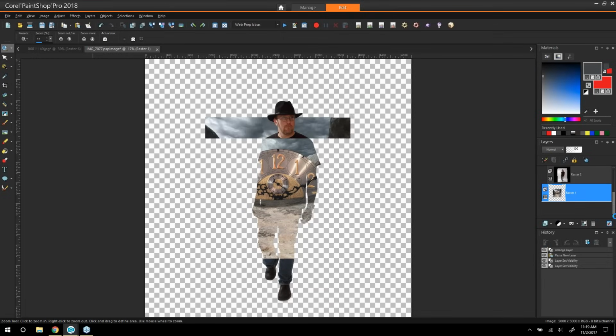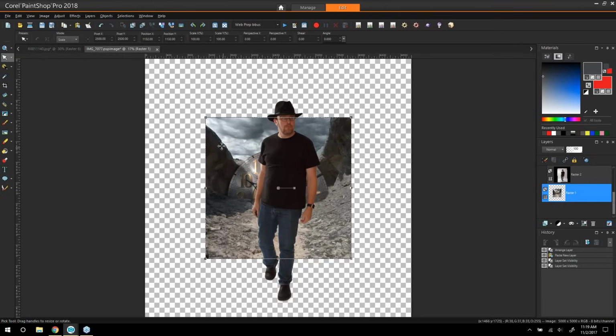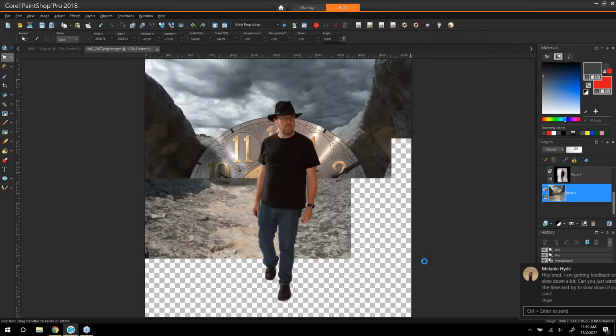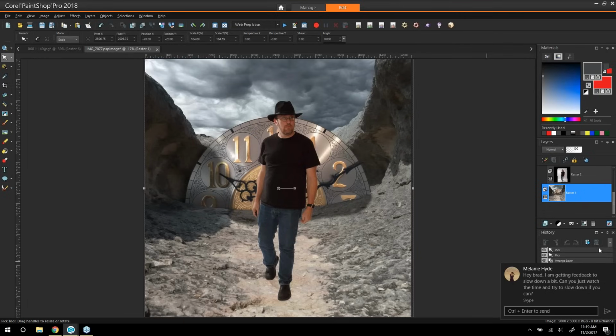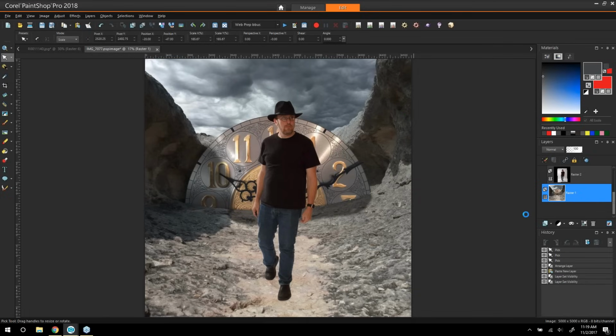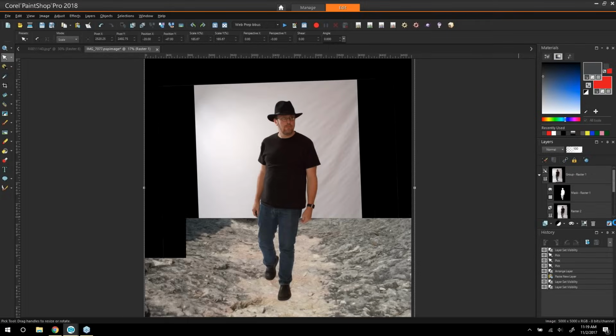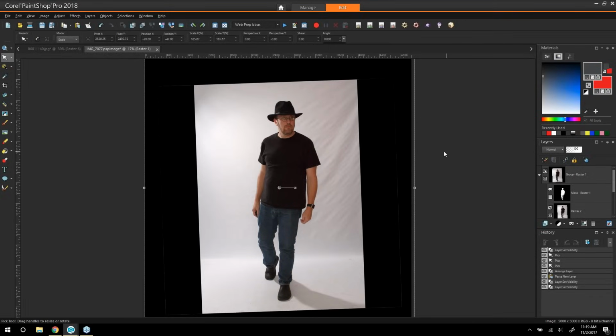I'm going to paste that layer in, resize it so it fills my screen. Now, our figure here also needs a shadow, just because it was shot in the studio and was shot with light coming from a similar direction that we have in our background,